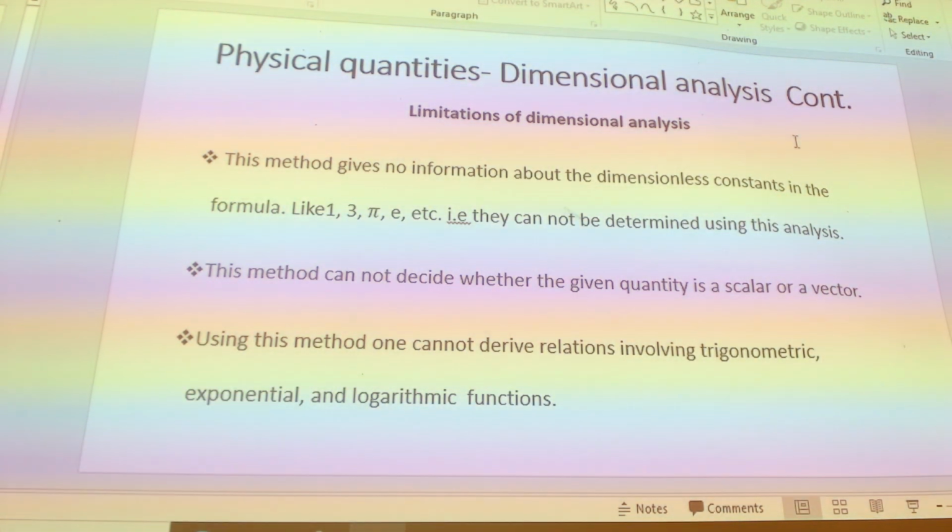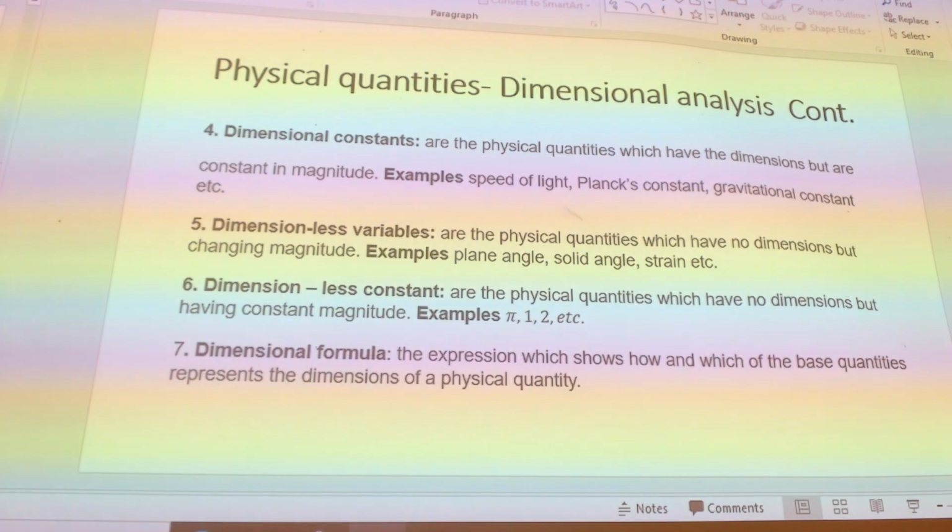The other limitation again is that using this method, one cannot derive relations involving trigonometric ratios or logarithmic functions. We cannot use this dimensional method in any way to solve any problem involving logarithms, or any problem involving indices, or any problem involving trigonometric ratios. You see, these are some of the limitations. So if we move to the next point,